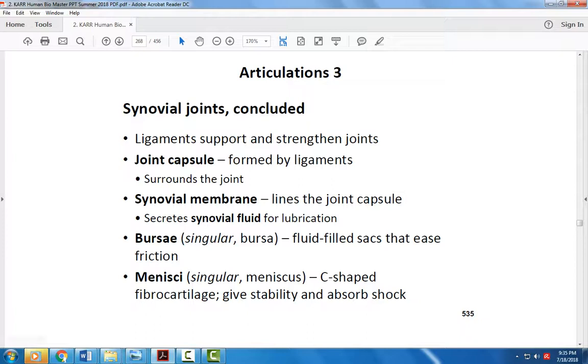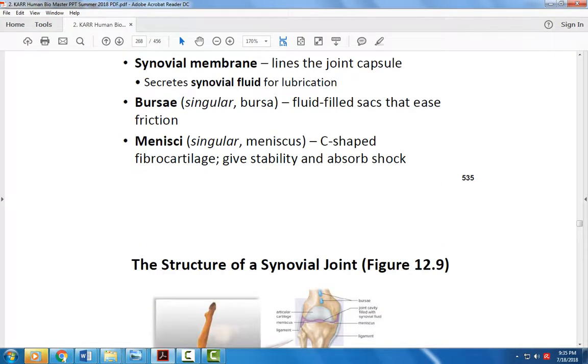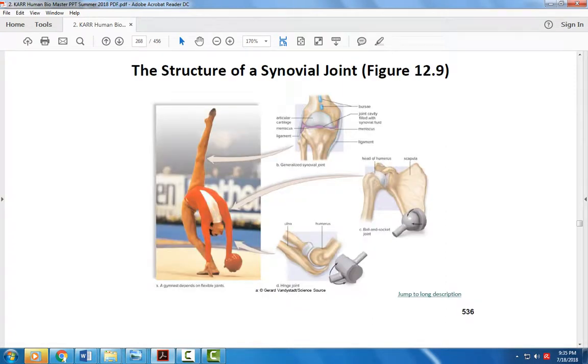We also have menisci that we find particularly in the knee joint. It's C-shaped cartilage that the femur bone sits into at the top of the tibia to form that knee joint. The menisci provide cushion and stability. If a person has a torn meniscus, they'll find that the knee feels loose and unstable, and sometimes that requires repair. If we look at some of these structures here, we can see the meniscus is this C-shaped cartilage that is found down in here